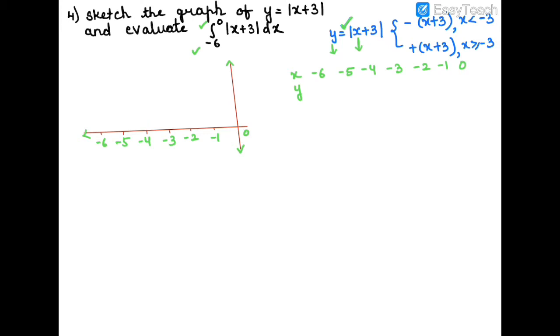So when you put x is equal to -6, यहाँ पे देखो less than -3 पहली condition है. So when you put x is equal to -6, you get the value of y as 3, because you put here a -6 plus 3, which is a -3, and minus will become plus. Similarly -5 भी क्या है, लेस देन -3 के ब्रैकेट में आ रहा है. So when you put here a -5, your answer is 2. When you put a -4, your answer is 1. Then when you put a -3, your answer is 0.